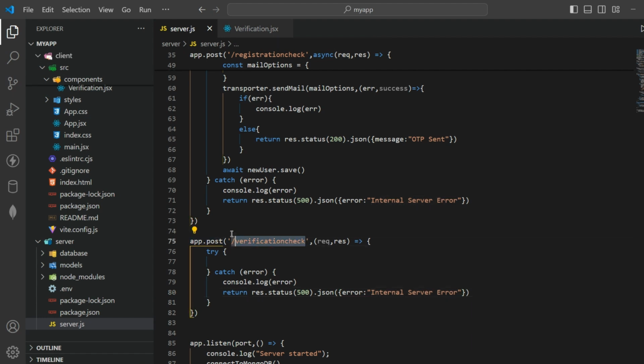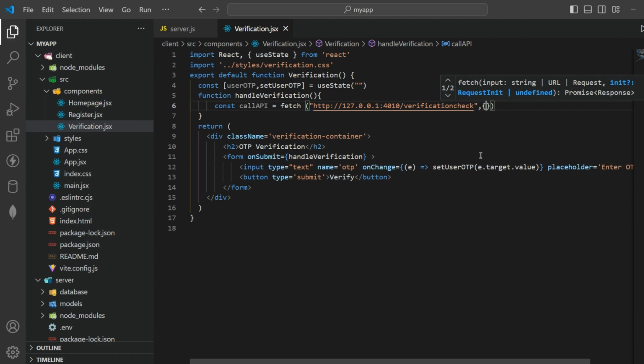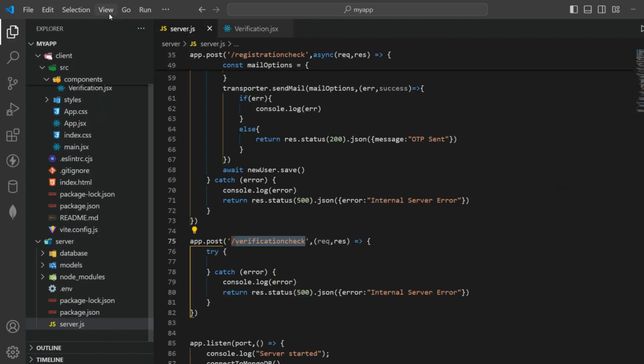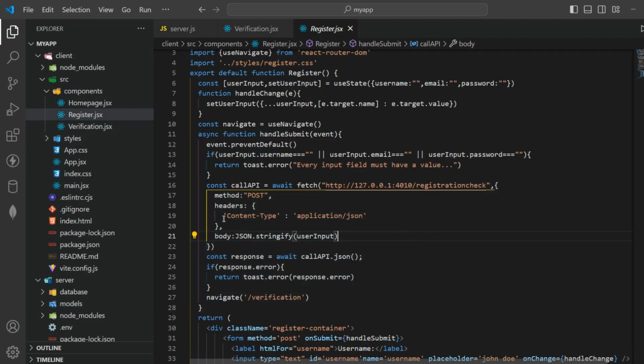Let me copy this and paste it here. And the second parameter will be the request headers. Let me copy those from this register.jsx file,